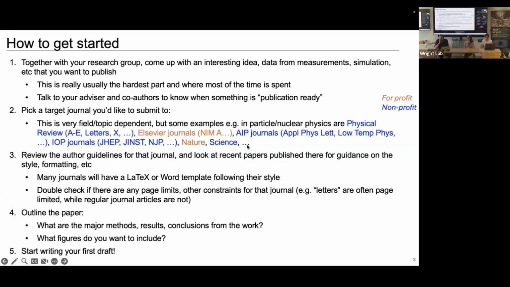And at the other side of this, there can be some journals that are for-profit and have more of a business model of publishing lots of papers. So again, especially as you're getting started, trying to understand what the journals in your field are that you want to target your papers to can be useful. That's especially useful because once you know where you're publishing, there's all kinds of practical constraints that come from that journal.